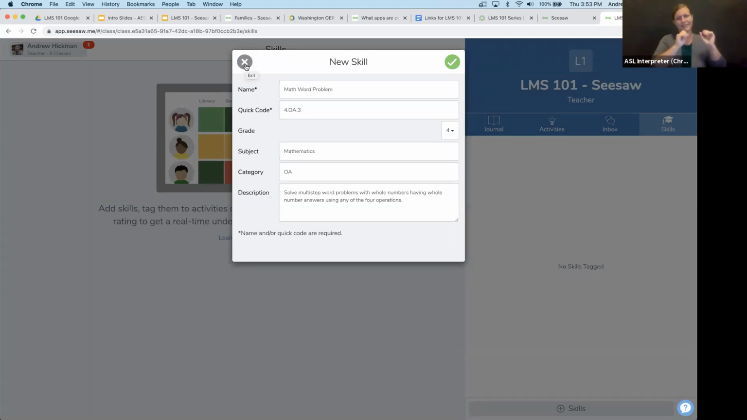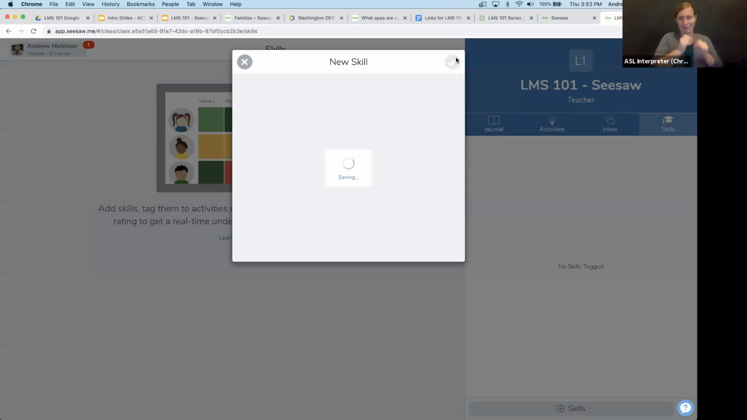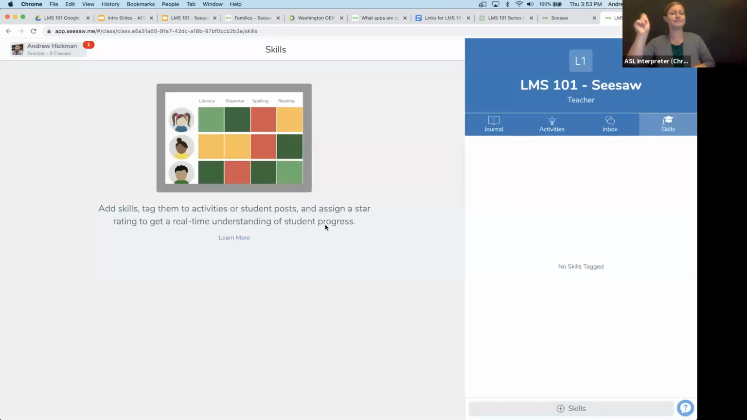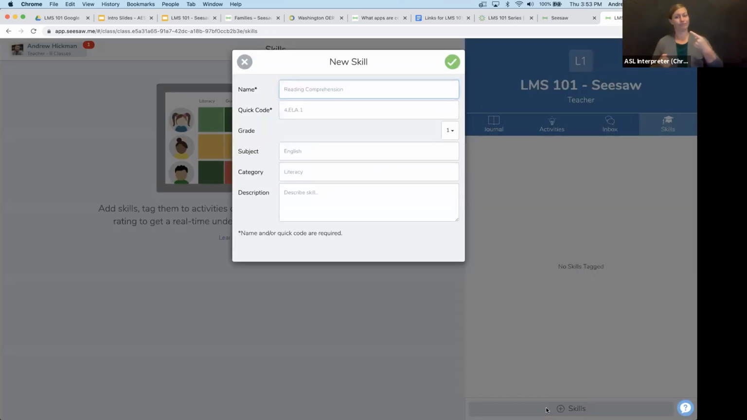Don't X out, it will not save your work. So if I push check, I've added a skill. Now I have a skill available. I can add more skills. So let's do a different one. So let's do another mathematics one. Let's do